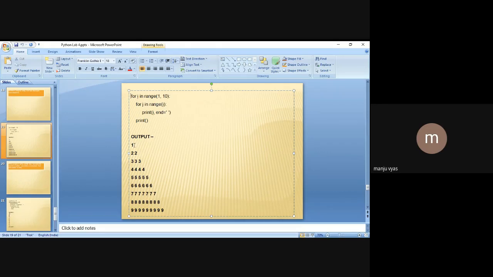First of all, the first row will be printed by the inner loop, and then it will go to the outer loop. The second row will be printed by executing the inner loop two times, because the value of j is now 2, and then the value of i and j goes to 3, 4, 5, 6, and 7, right? So it's very simple. Let's execute this. Let's open Spyder again.